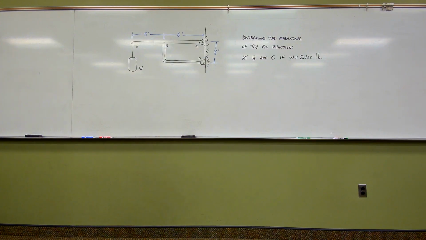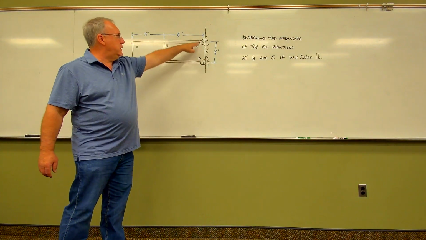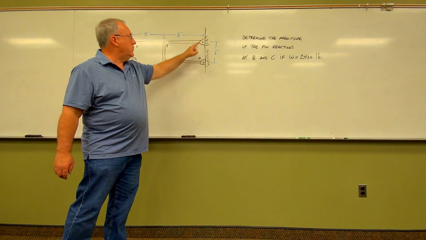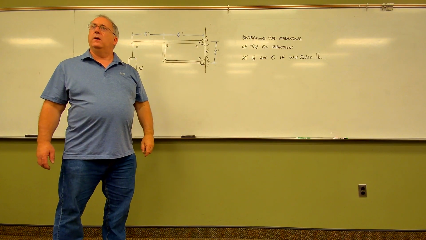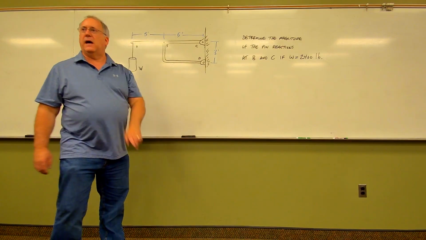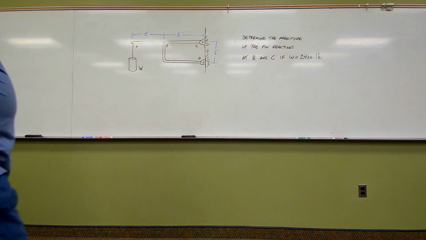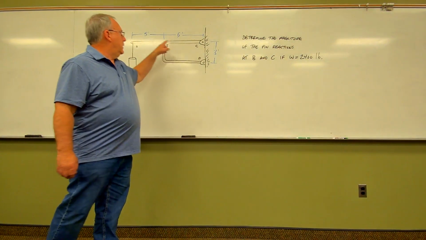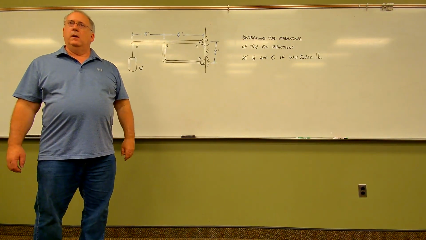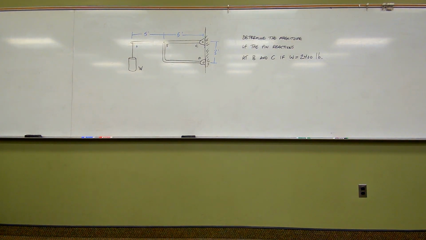Meaning that if you did a free body diagram of this entire thing, isolated merely from these pins, you'd have 2 unknowns right here and 1 unknown right there. You've got 3 unknowns, 3 equations in the budget. You can figure those out all day long, no problem. We're done. Except you weren't asked to figure out what these 2 were. You were asked to figure out what's in pin B. So what does that mean? Well, it means that while you could do the free body diagram of the entire frame, and maybe that's a good idea,